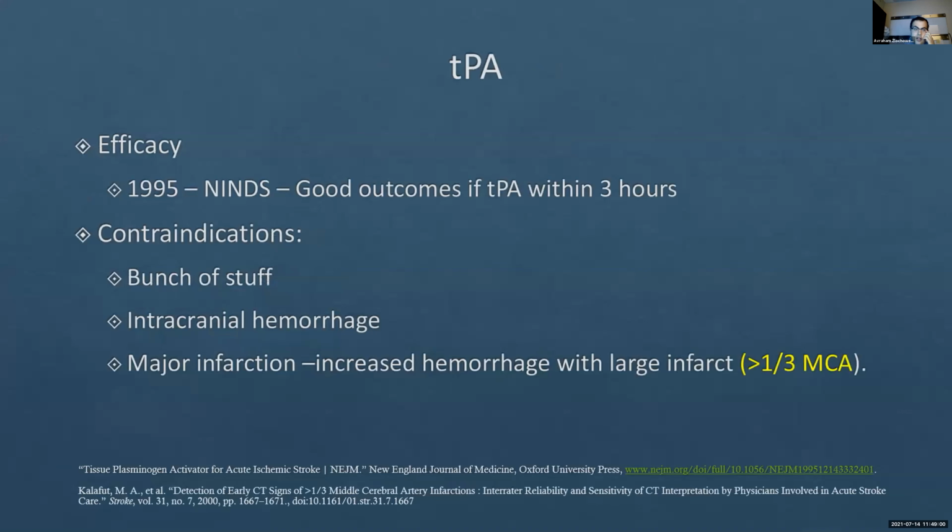Why does that matter? The first reason is something called TPA, that drug I talked about, which is tissue plasminogen activator, this clot busting drug. Before 1995, there wasn't a lot to do for patients who had stroke. Then there was this major trial which showed that patients who got TPA within certain parameters, and those parameters are crucial, had better outcomes than if they didn't get it. It was a major effect that this drug had on helping patients